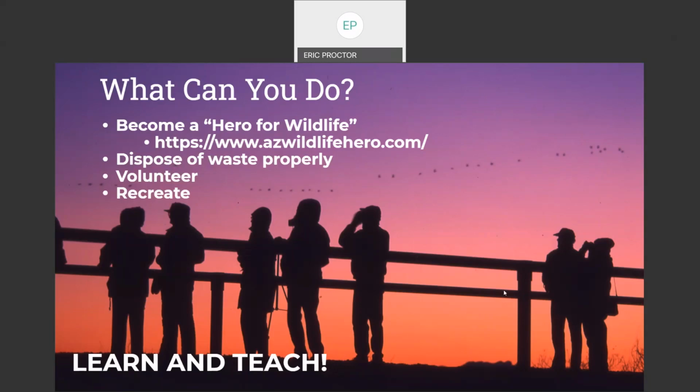And then, of course, recreating positively, going out to these places where birding is such a huge boon for many of the local economies. If we can continue to make ecotourism and that idea important for these communities, they are more likely to make sure that the birds play a bigger role in their economy, and they want to preserve and conserve them. So recreating and going to these locations, participating in bird watching, participating in hiking, taking photographs, sharing those things on Facebook, to the extent necessary, showing that birds are cool as part of the recreation. These are all important things that make a difference.